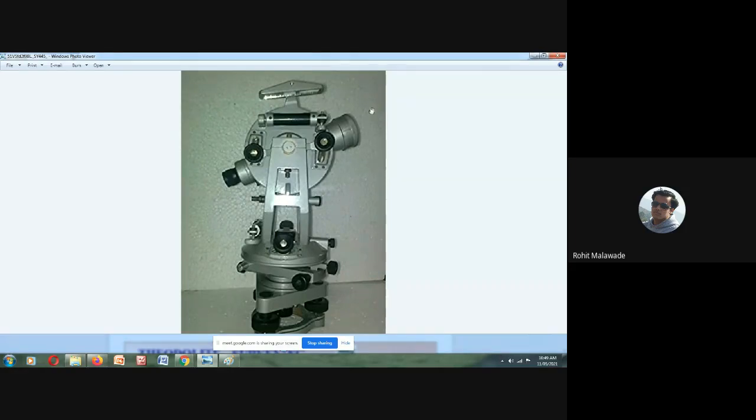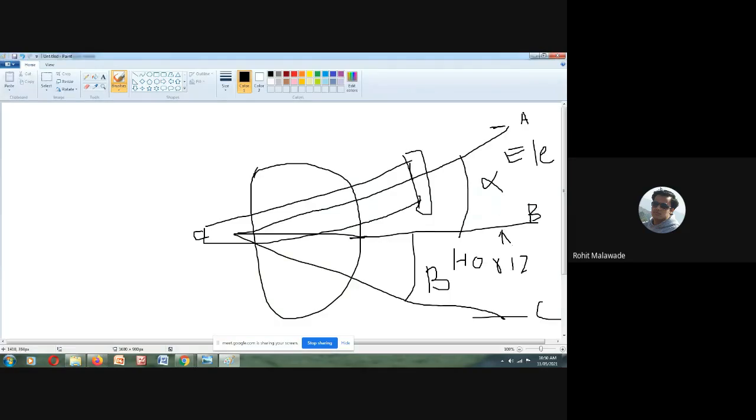Exactly horizontal, now it is reading the angle of elevation. By loosening the upper clamp, we rotate the telescope, and once it reaches zero of the main scale and zero of the vertical scale, we tighten it again. Now to measure the angle of elevation to objects A and B, I loosen this clamp and move the telescope up and down, bisecting point A. Once bisected, I tighten the clamp and with the tangent screw check whether it has bisected it, and tighten both the upper clamp and the tangent screw.